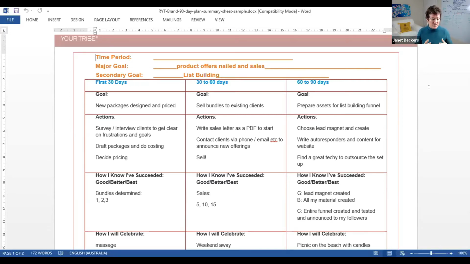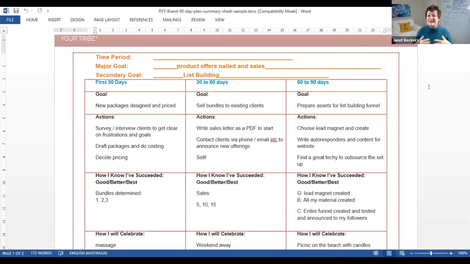This is a really timely example for now, because there are going to be a lot of people who were working one-on-one and can't do it so much now because their clients are not confident to come out and meet in person. So for this particular client, we want to get some new offers done, make some sales, and then build up some kind of automation so that she's got a mailing list and we can keep on selling to new people.